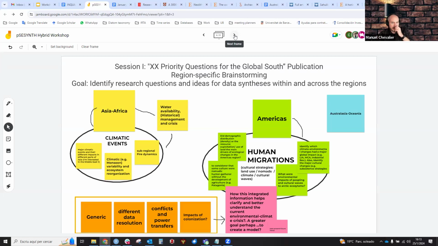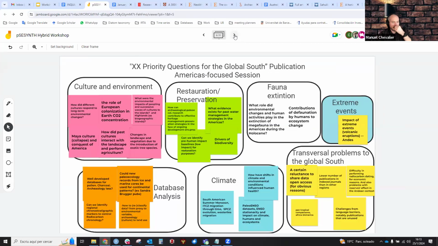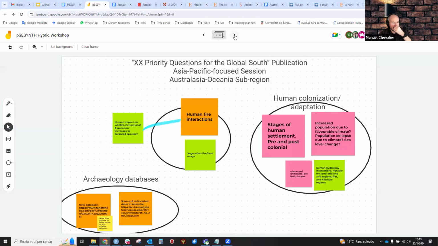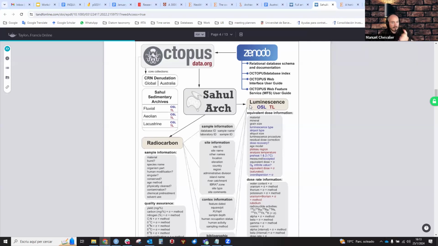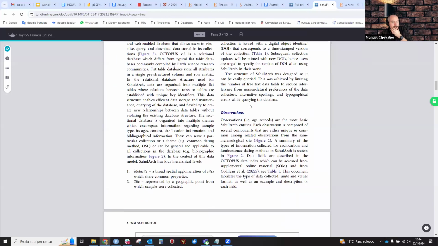One database that we had on slide 7, I forgot. Yeah, like the orange one at the bottom left, the one with the yellow sticky on top of it. Yeah, that's Saul archaeology. They have this one question I asked